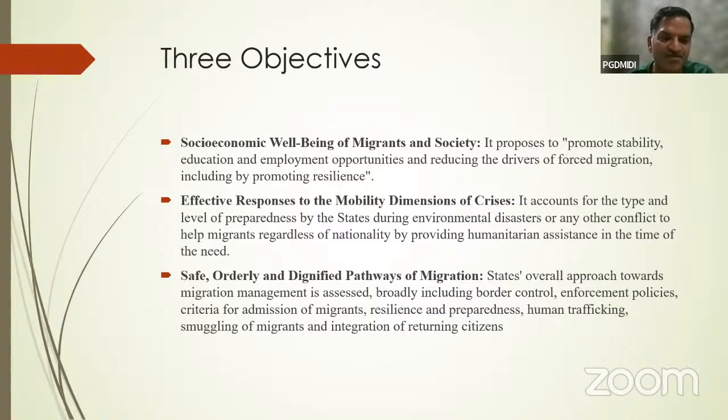So this objective is saying that for the long-term betterment of society and migrants, we need to promote the socio-economic well-being of migrants and ultimately society. Then the second objective is effective responses to the mobility dimension of crisis. Every crisis has a mobility side. Even in COVID-19 we witnessed that disease doesn't travel by itself, but through people. Disease travels through people. So mobility,